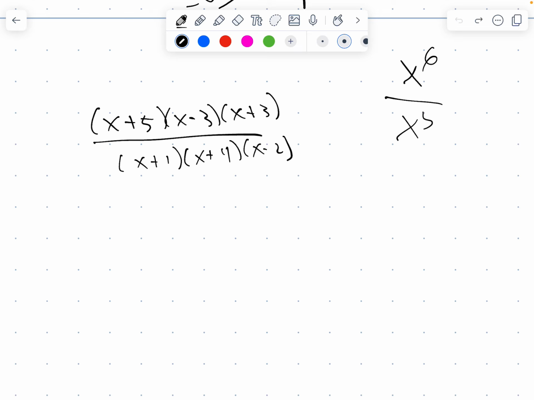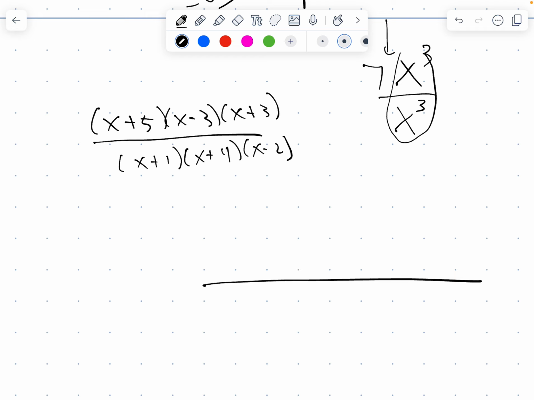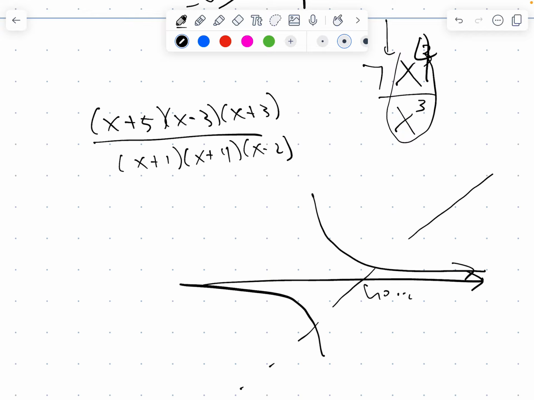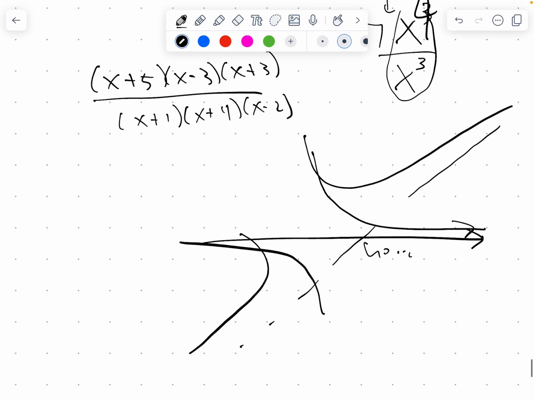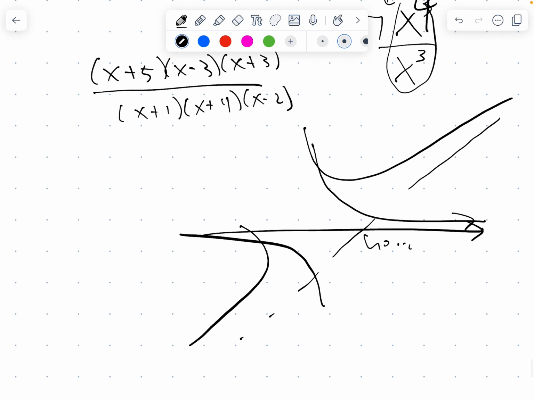So again, you might want to write this down. A horizontal asymptote is when the top and the bottom have the same power. It could have a coefficient, but if the power is the same, then this will tend towards a constant, right? So it'll have a horizontal asymptote. But if the degree on the top is 1 bigger than the bottom, you're going to have a slant asymptote, and it's going to tend towards that slant asymptote. So this one will have a slant asymptote, and to find your slant asymptote, you always have to do